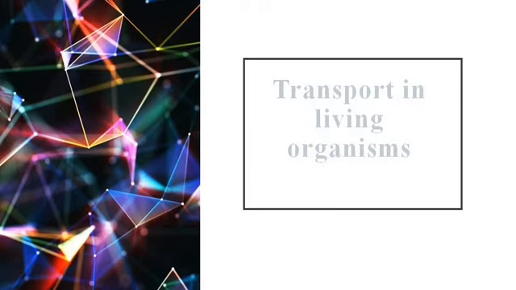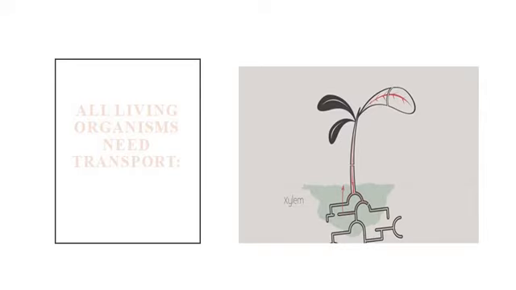Let's start chapter unit 2, which is talking about the transport in living organisms. As we said before, the second characteristic of living organisms is transportation. For sure, all living organisms need transportation, like